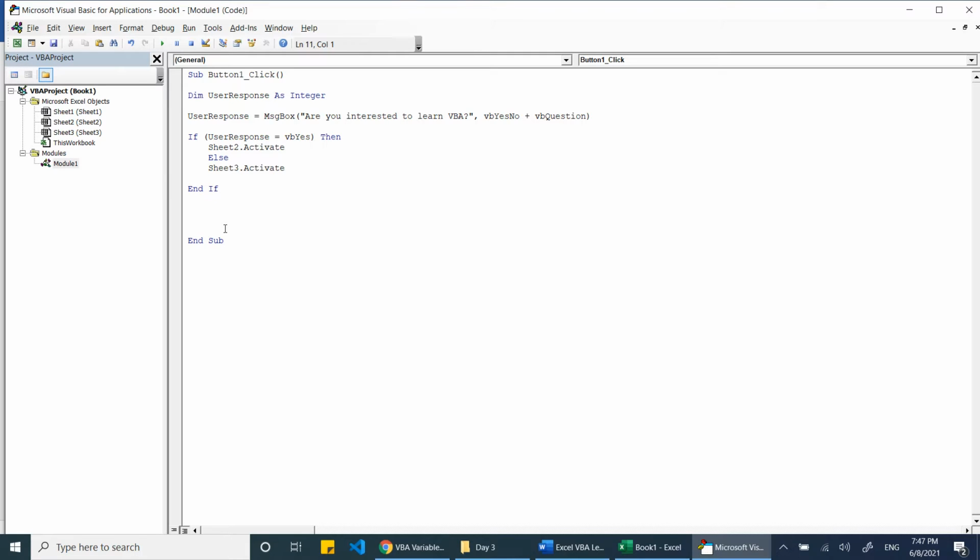So we have removed three to four lines, and we don't need two If conditions. Instead we complete both tasks from one If condition itself. If it is true, do this, else do that.